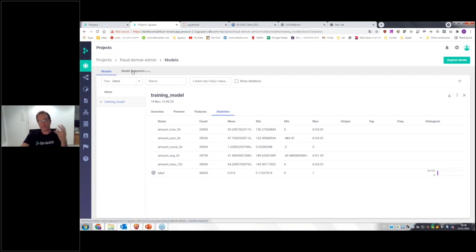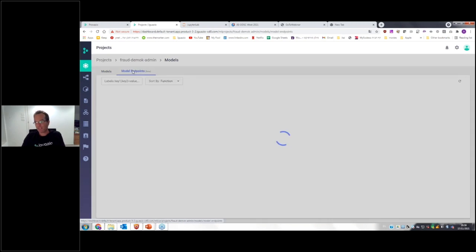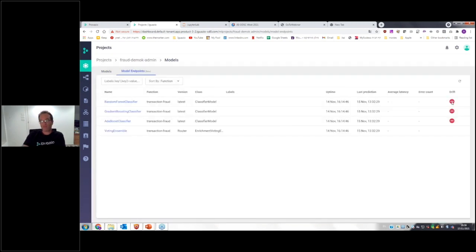And the last part here is that once the model is actually up and running, I want to take a look at and monitor the models. I can look at the model endpoints, which provide some useful information around operational statistics like uptime, last prediction, latency, these types of things. But it also provides us an indication of drift. So this is what I mentioned earlier, that we have this option to collect the statistics in production about the feature sets and the features and labels, compare that to the features that we're actually running in the training environment, and then based on that, we can identify drift and